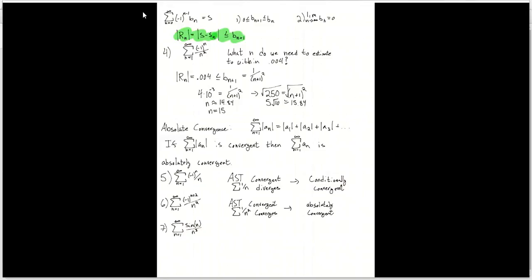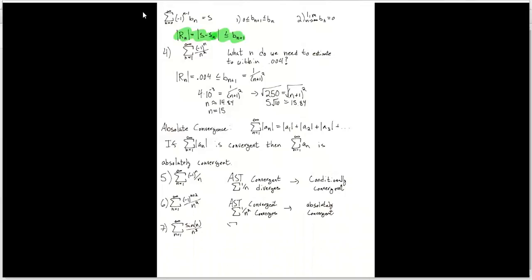All right, so note that this is not an alternating series, right? So we can't apply any kind of alternating series theorems to it, because this is not sine pi n, so it doesn't go back and forth between -1, 0, 1, that kind of thing. So just because it's sine n, we're going to have to treat this a little bit differently. So let's take a look first at